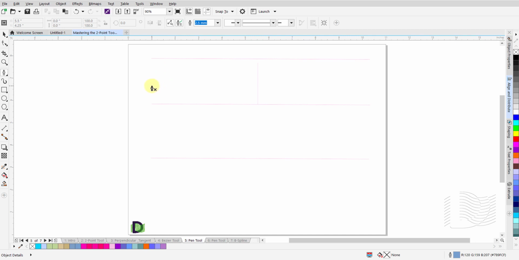Like the Bezier tool, the pen tool also lets you draw lines one segment at a time by placing each node precisely where you want and allows you to control the shape of each curved segment you draw. When the preview mode has been enabled, the pen tool lets you preview the line segments you are drawing. To draw a curved line segment, click and release the left mouse button at the start point. Move the mouse to the intended end point of this segment. Left-click and hold and drag the control handles to form the curve that you want to draw. Release the mouse button when done.